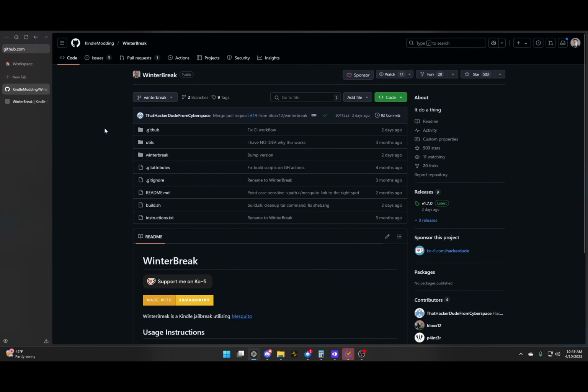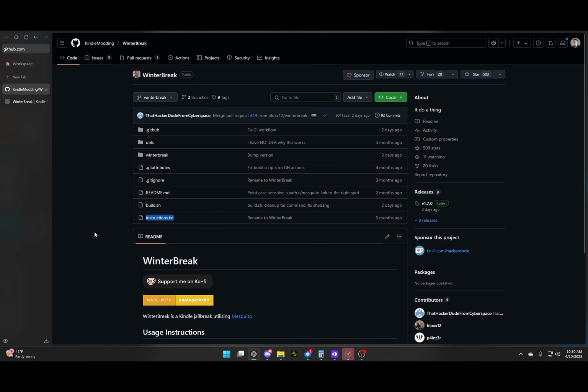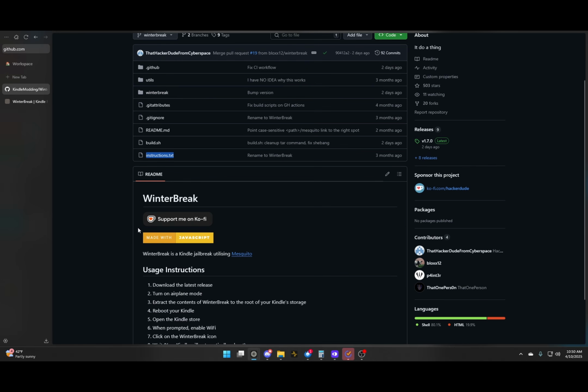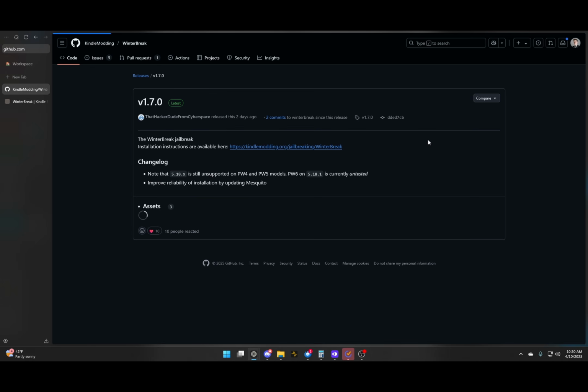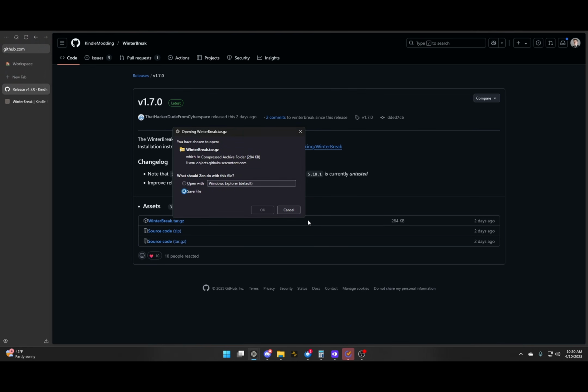Okay, so we're on the computer now, and what we're going to need to do is head over to this GitHub link. Again, there will be a link in the description, but if you want to type it in manually, it's github.com/kindlemodding/winterbreak. This is the actual jailbreak we're going to need to download. So we will head over to the releases section, and we will just download whatever is the latest release. We will click the tar.gz file,